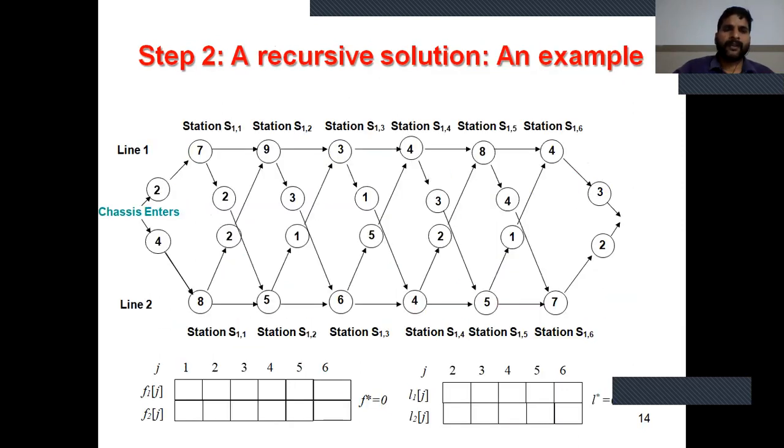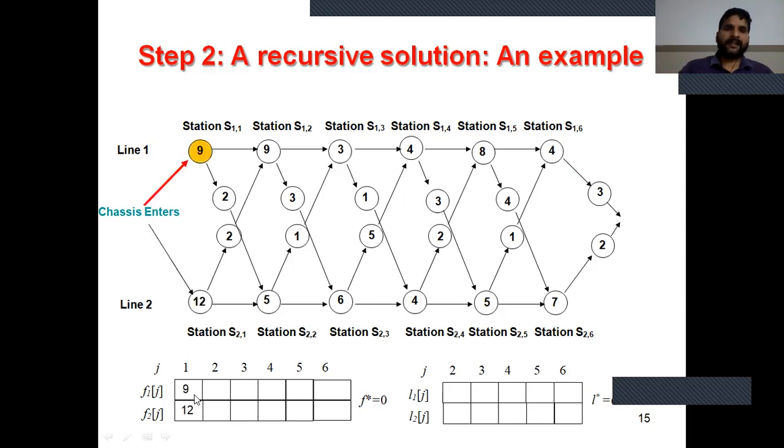First we are given two functions f1j, f2j. Now initialize the values of f1j and f2j. If j equal to 1, the value of e1 plus station S11 and e2 plus station S21. So the value of this 2 plus 7 equal to 9 and the value of 4 plus 8 equal to 12.